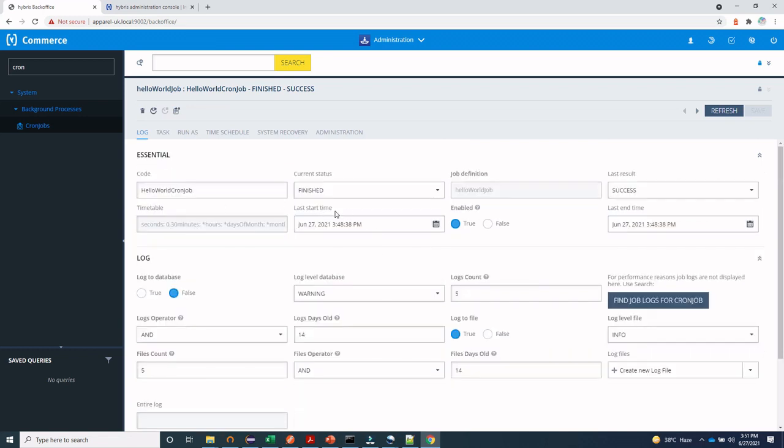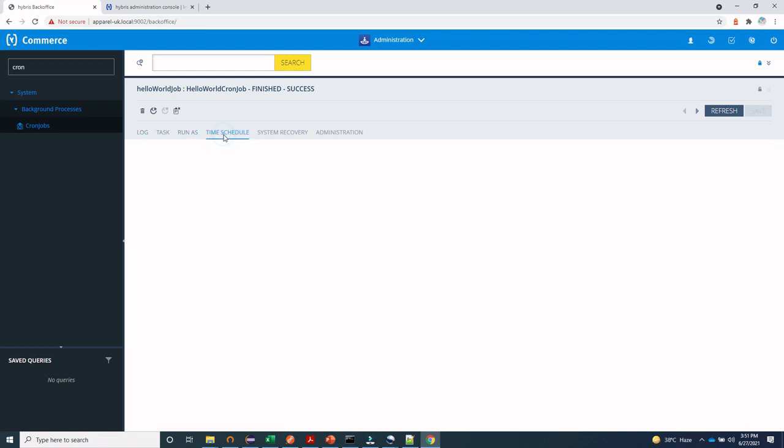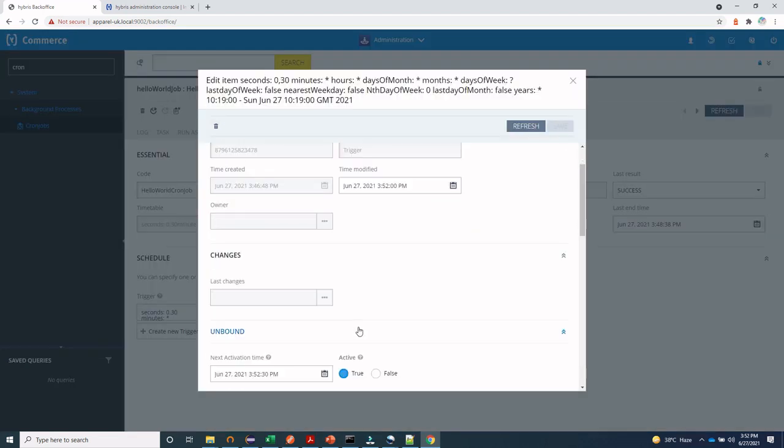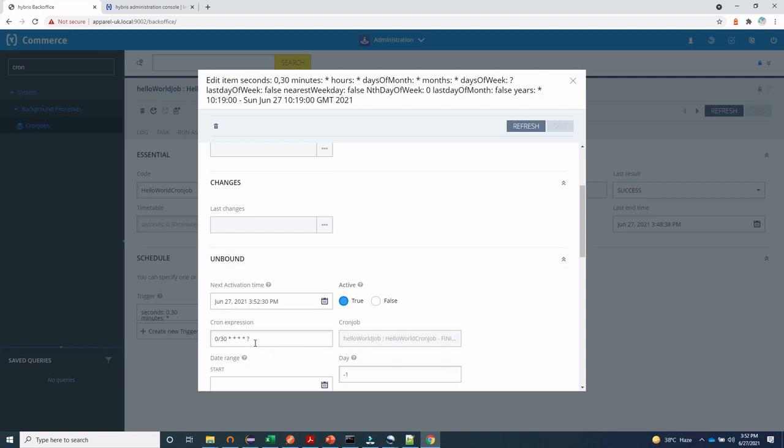Its start time is 3:48:38, and the end time is also the same, meaning it gets executed at a very fast pace, within a fraction of a second, right? If you go to the time schedule, here is the trigger that we have created using Impex. Here you can see the cron expression that is defined.